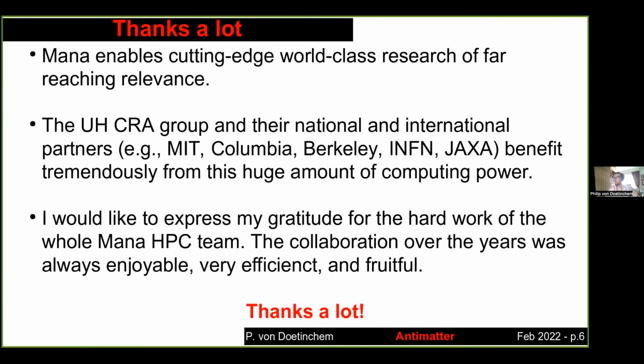Closing here, I would really like to conclude by saying that Mana enables cutting-edge, world-class research of far-reaching relevance. What we do here as this group is not only benefiting our local group, but particle physics is very national, international, and many of our partner institutions, MIT, Columbia, Berkeley, just to name a few national institutions, but